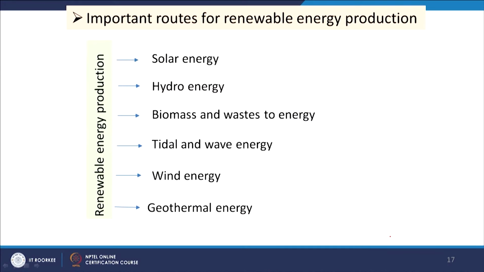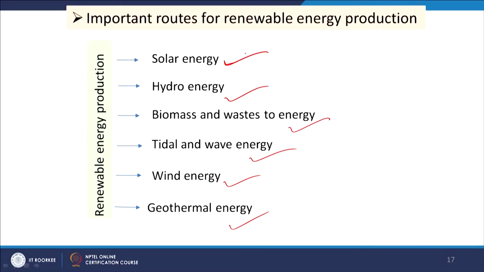And then the important routes for renewable energy production: solar energy, hydro energy, biomass and waste to energy, tidal and wave energy, wind energy and geothermal energy. These are the important energy sources which we can use to produce renewable energy. The solar energy, as you know, the Government of India had initiated the Jawaharlal Nehru Solar Mission in